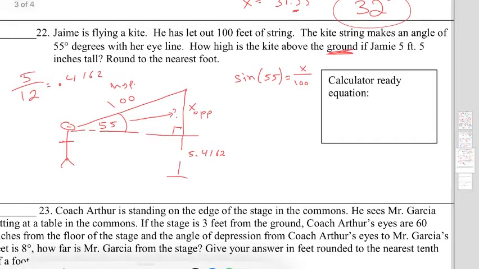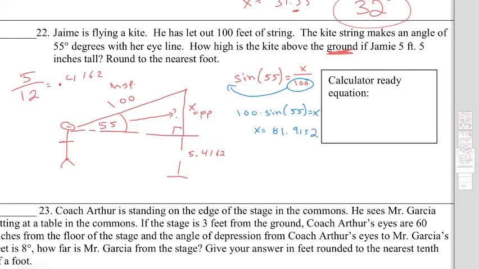Because x is in the numerator, we're going to take this number and bring it to the front. That's what I'm going to put in the calculator: 100 times sine of 55 equals x. Put that in the calculator and I get x to be